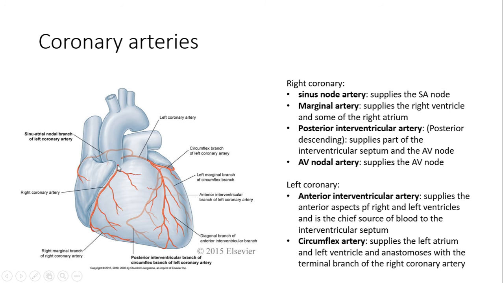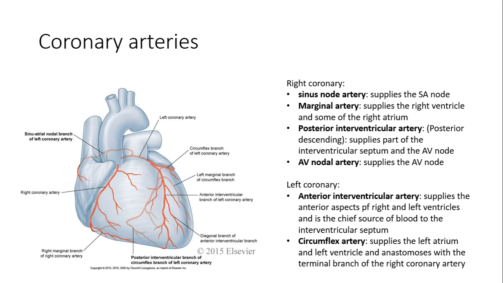As soon as the right coronary artery leaves that aorta, it's going to continue on, and if you notice, it's in between the atrium and the ventricle, so it's going to give blood to the right atrium and to the right ventricle, primarily. Mostly atrium and ventricle, but it'll supply both a little bit. It's going to send an artery immediately to the SA node. So it's called the sinoatrial nodal artery,